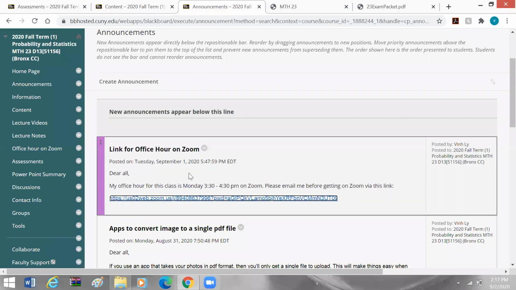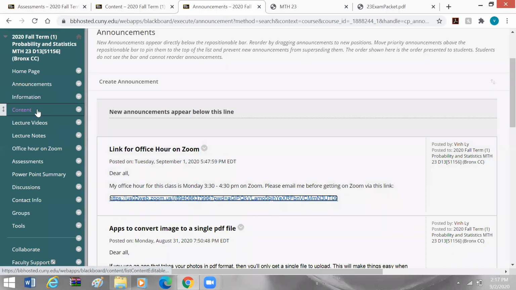So, but make sure that you email me before, because I don't want to have so many people sitting in the classroom with a lot of lectures and a lot of questions. So I want to go one by one person. If all of you have the same problem or you want me to go over the material, I'm more than happy to do so. Okay. So this is the thing.